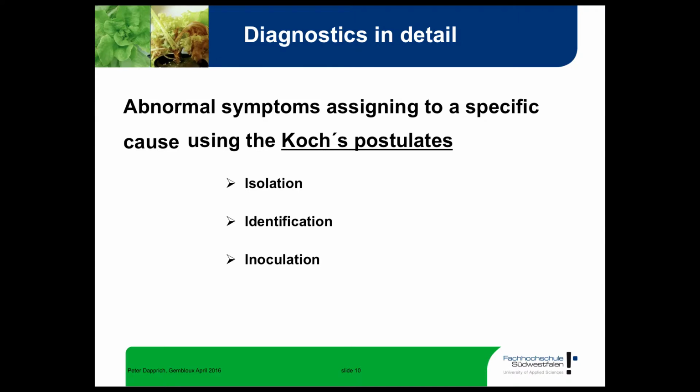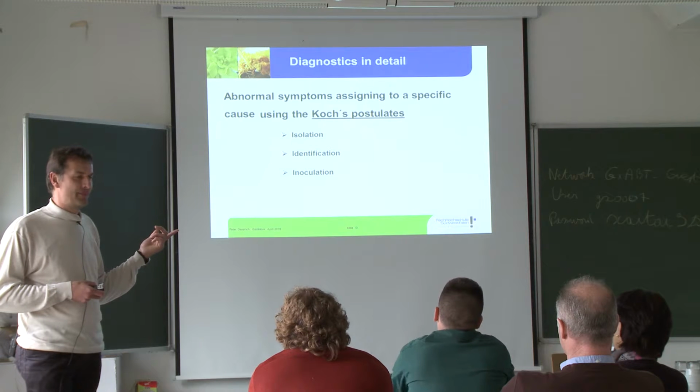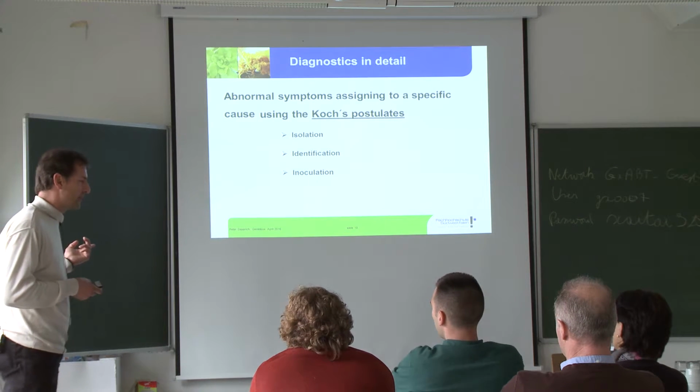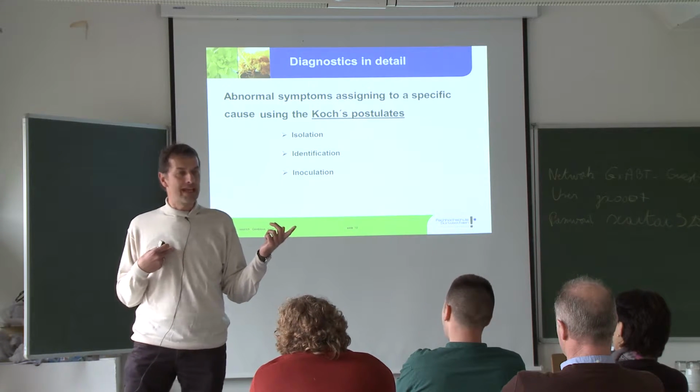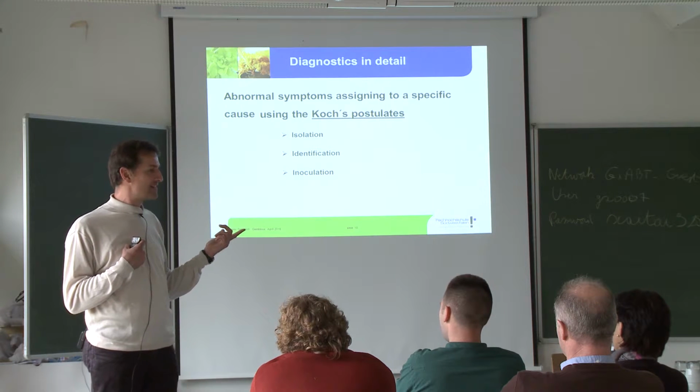The third is inoculation. Now you might ask, why should I inoculate a healthy plant with something I isolated from a diseased plant? It must be crazy, ruining my crop completely. In fact, you are right. That is the craziness of plant pathologists, because our job is to create means and methods to get plants ill.